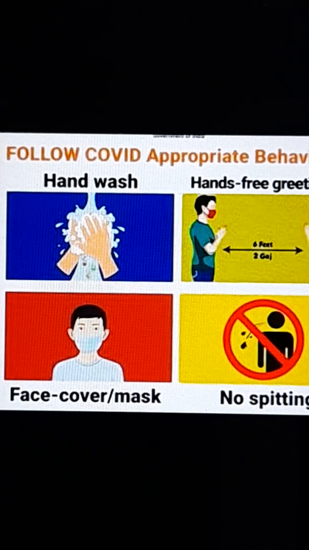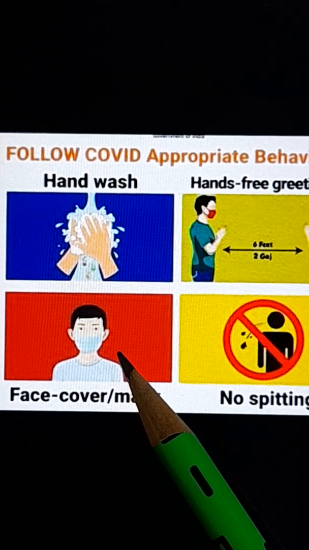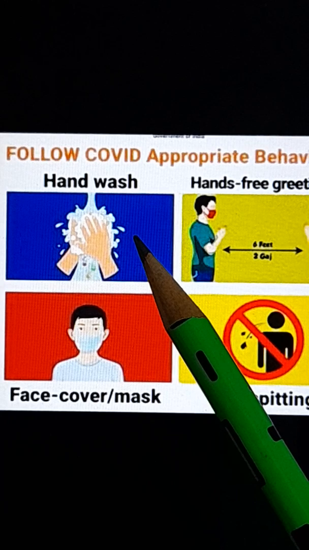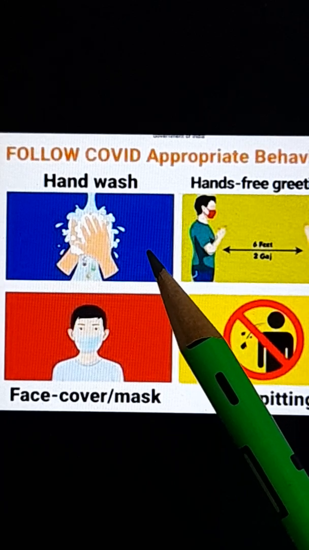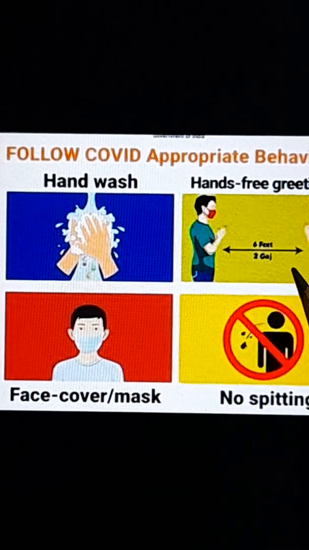Before starting our topic, I would like to tell you some COVID-19 appropriate behavior which you have to follow every day. Wear a mask properly, wash your hands for at least 20 seconds frequently with soap and water, and maintain 6 feet distance from others.